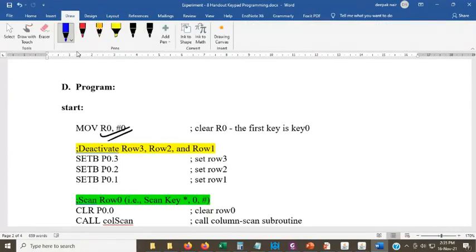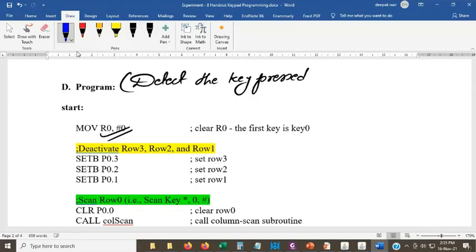The overall aim of the program is to detect the key pressed and stop the program.